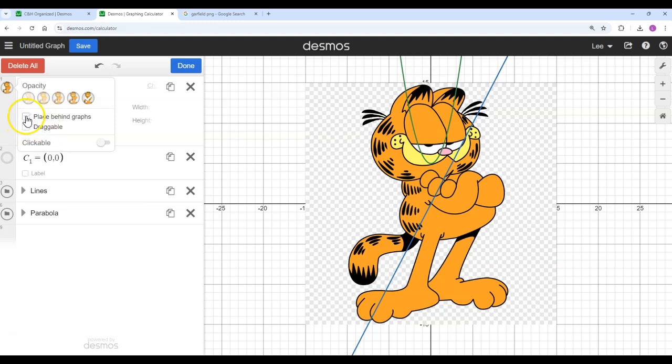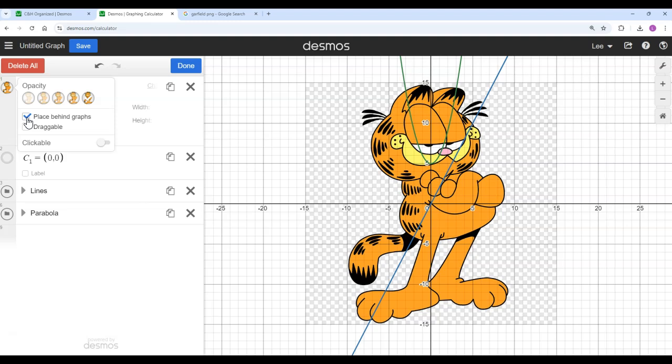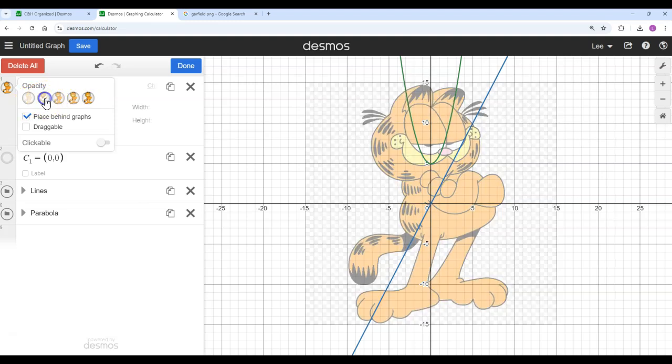If you always want to put stuff on top of the graph, you can use that place behind graph. So that's okay. And then here's another place where you can change the opacity to pick what you want. So this is sometimes useful if I'm trying to see if a line really fits, right? If I want to make sure that that line fits there and covers the right place, then sometimes it helps to have it a little bit transparent, where I can sort of see what's going on with my main line versus the background line. So just make sure draggable is not checked. Placed behind graphs, that's kind of up to you. If you don't have it checked,